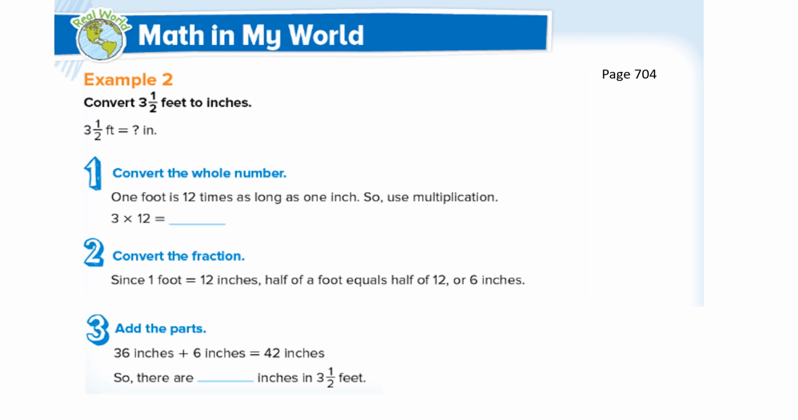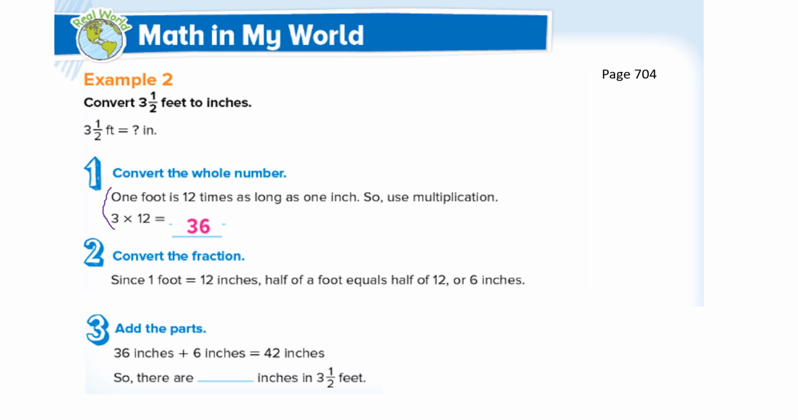Would you look on page 704, please? It says to convert 3.5 feet to inches. Well, if we look back on our chart, we know that every foot has 12 inches. So the first step we need to do is take 3 times 12, and that would be